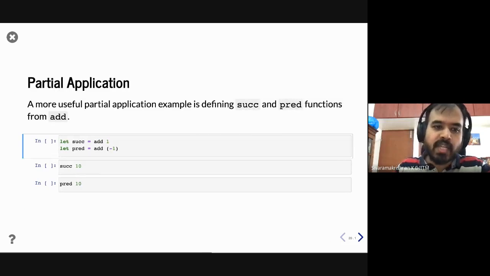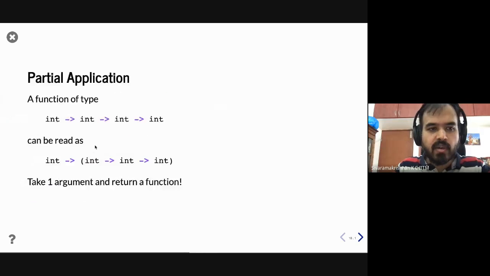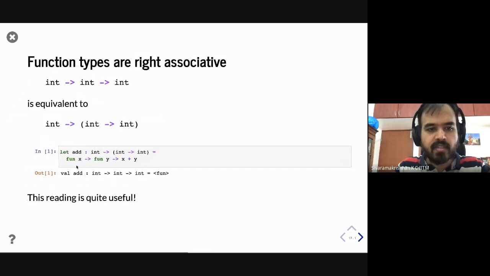So these are artificial examples, but you can think about more useful examples. Recall that we had defined add as a function that takes two arguments and returns a sum. Now you can define successor and predecessor as just a partially applied add function. Just to recall, add is defined here, right? I've written it in a weird way, but you can just write it as let add x y equals x plus y, right?